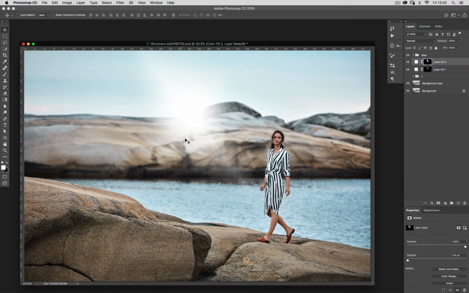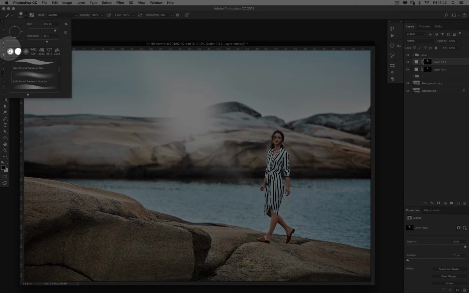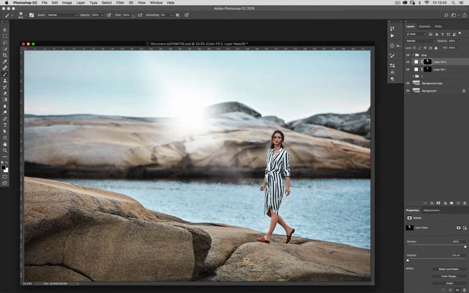I feel like the middle has now gone too bright, so what I want to do is just keep this nice line here. In this case I'm going to erase the top part, so I choose my black brush, a soft one of course, and I'm going to just paint away the top part. So now I have a nice line going down towards her, and I can also duplicate